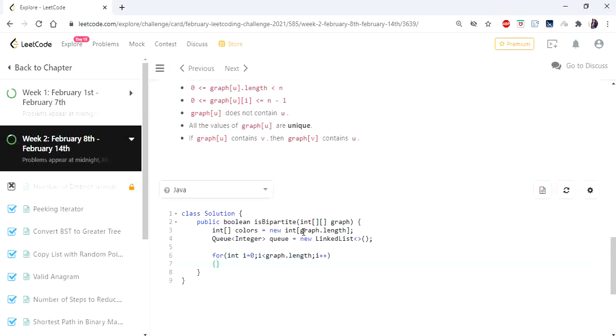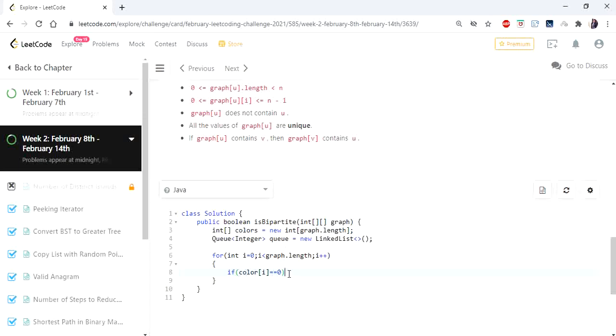So once we consider our node, I'm gonna check if the color is equal to 0. Since in Java, by default, an integer array's value will be 0, we are not assigning any value initially, otherwise you have to fill the array with 0.